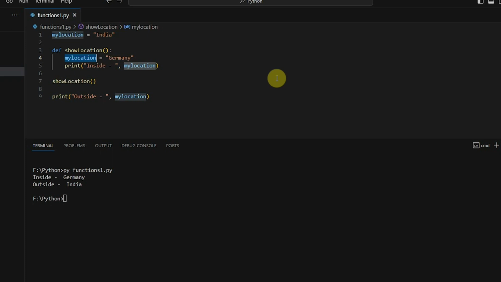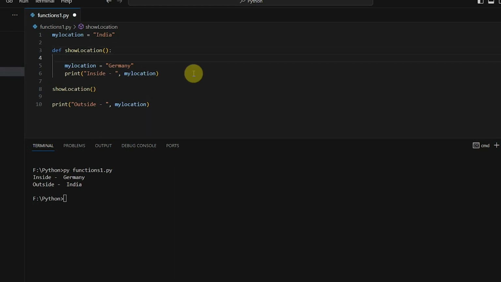What if you want to use the same global variable inside the method, where you want to allocate some new value to the same existing global variable? Then you have to explicitly tell the Python interpreter that I want to use that particular global variable only. How do you do that? Inside the method, before using the variable, you have to use a keyword called global and you have to say the name of the variable. So when I say global my location, now the Python interpreter understands that inside this method, after this statement, wherever I am going to use my location, instead of creating a new variable, it should use the already existing global